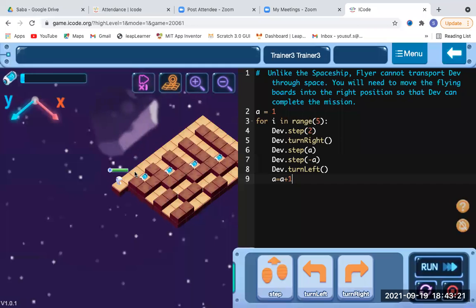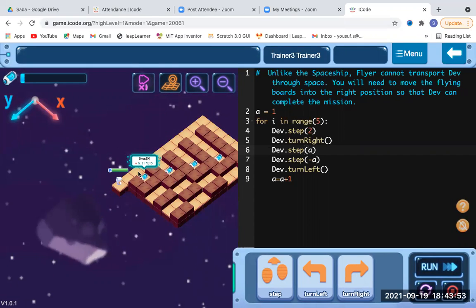Okay, 2 steps he just took, then he turned right. Okay, he took a right turn, and then what he has done, he just stepped 1. Just moved forward, taking one step, that is A. Okay, that step 1 is equal to A itself. When he reached this item number 0, he should come back. For coming back, we know that we have to use the minus sign convention to come back. Then we have given Dave dot step minus A, then he has gone back, and then he can't move in a complete right direction, he has to look forward.